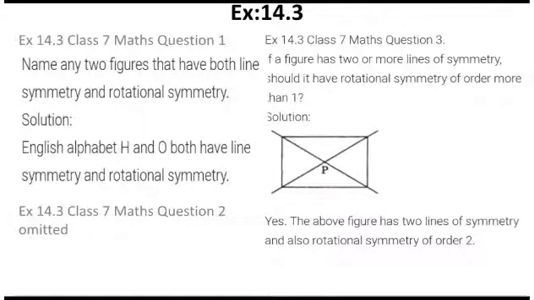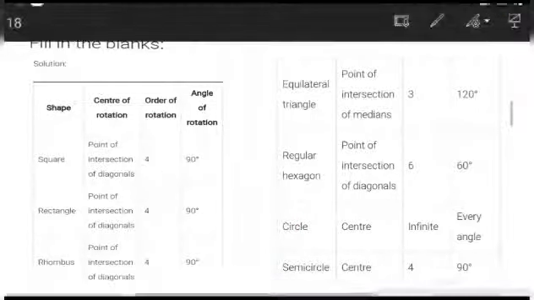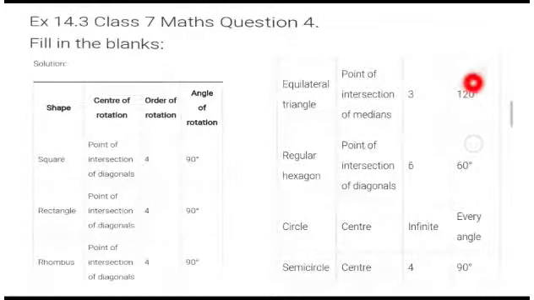Okay students, so let us now move ahead to question number 4, which is actually a square box, and this box has different shapes in it. We have to name the order of rotation of them, and not only the order of rotation, but we also have to write the angle of rotation. For infinite order we can say every angle, that means each angle, that is 1 degree. And for a circle, I'm talking about a circle, it is for every angle, that is every 1 degree. So total 360 times it will rotate and it will look the same as it is.